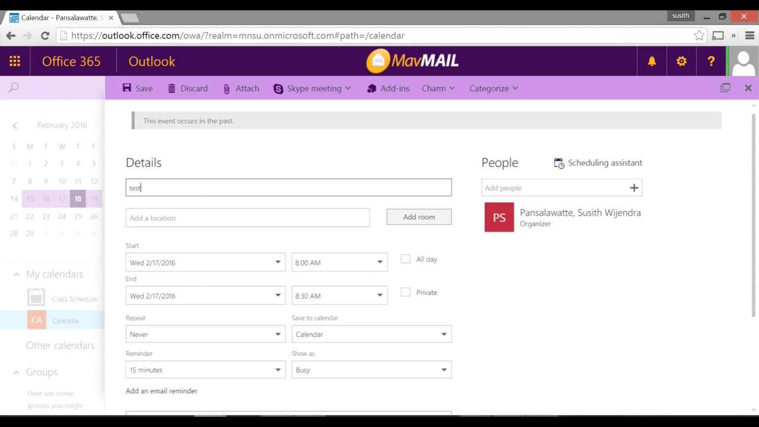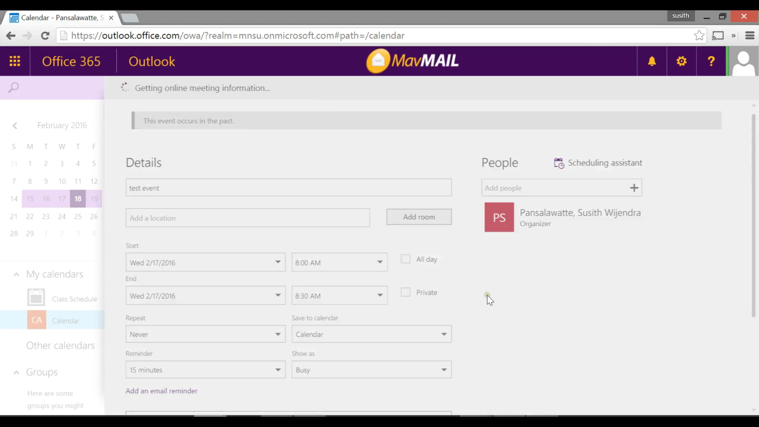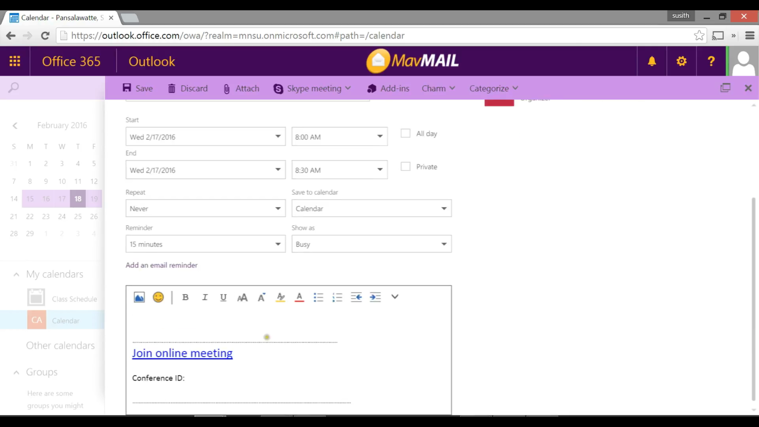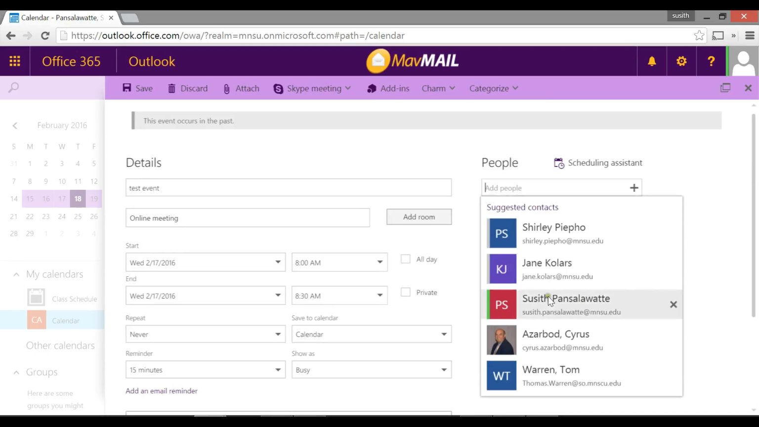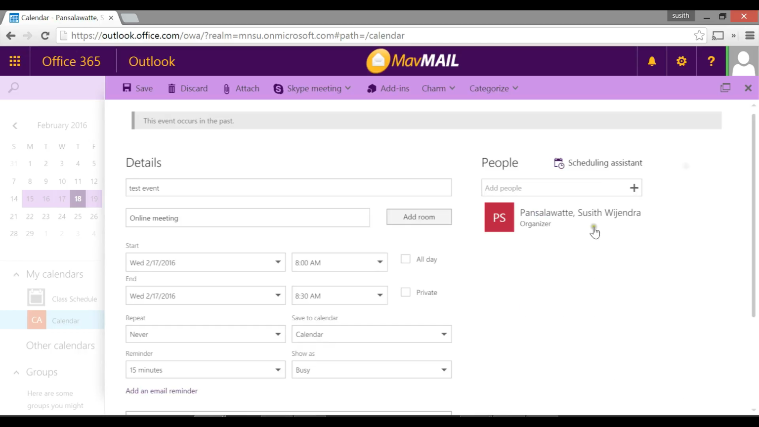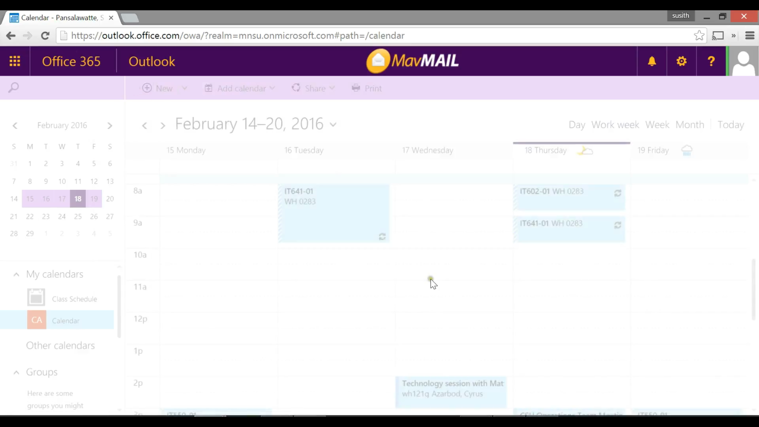I'm going to name it test event, and notice on the top menu I can select Skype meeting, and in the drop down, add Skype meeting. So notice that it creates a meeting URL and adds that detail to the content of the meeting invite. And in the same place I can add other people to this meeting invite, and I can share this meeting with them. Right now I'm going to save this,